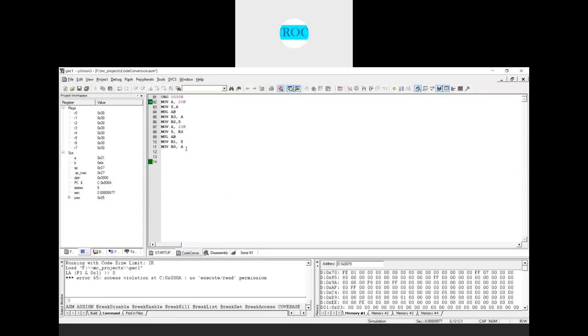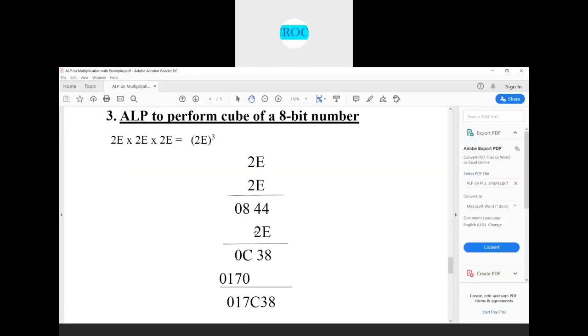Next, what do you do now? Again, move A comma 20h. Now move B comma R2. So that what I'm doing now. Now accumulator, I'm again loading accumulator with 2EH from 20H memory location, and this 08 is copied in R2 register, that I will move into B register, so that I'll multiply the contents of A with the contents of B now.